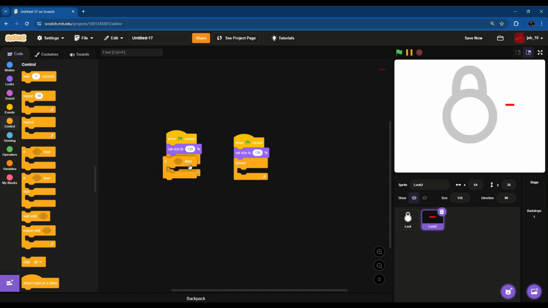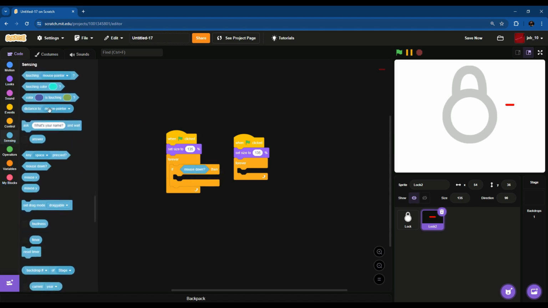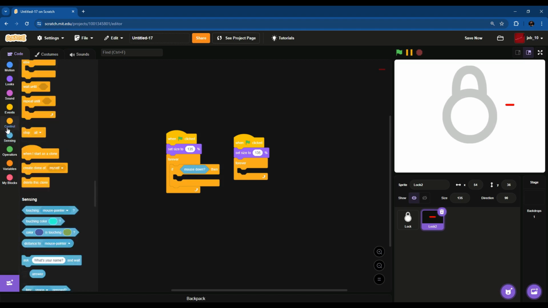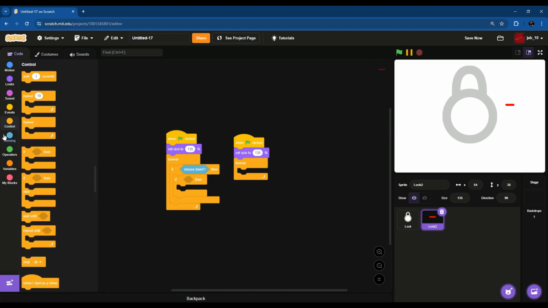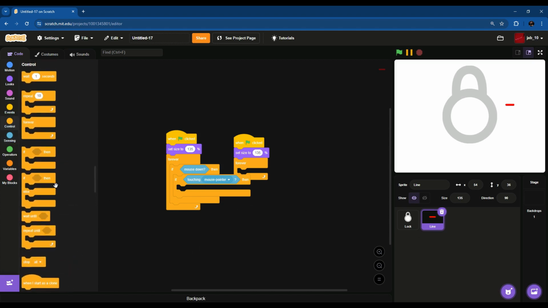Get an if then, go to sensing, get a mouse down. Then get another if then. Go to sensing, then get a touching sprite. So a touching mouse pointer. Oh yeah, and rename it to line. The red line, or whatever color you want it to be. If mouse down, then if touching the sprites that we're about to make, then we will go to control, get